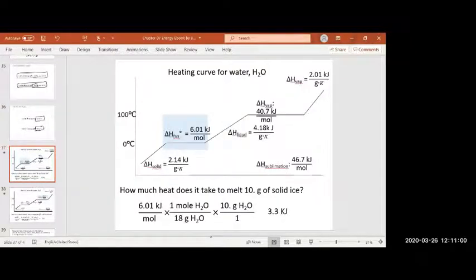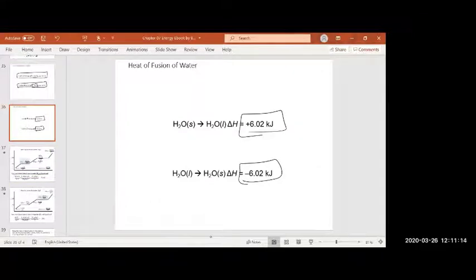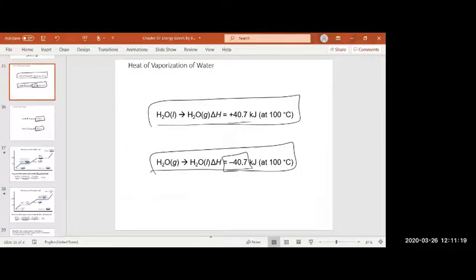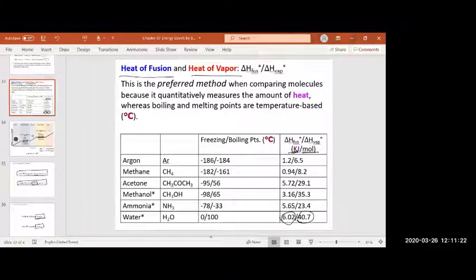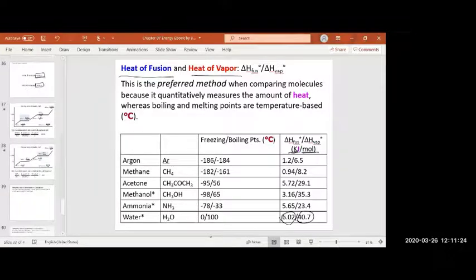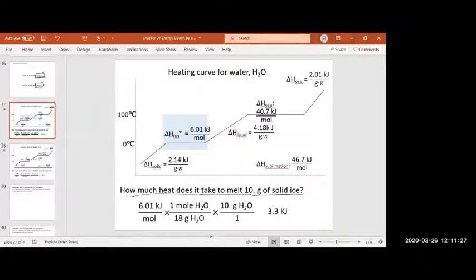Look here. How much heat does it take to melt 10 grams of solid ice? By the way, usually I will give you the delta H of fusion or vaporization. Sometimes if they don't give it to you, go back to this. So this is delta H fusion. This is the delta H vaporization, or also you can go back to this table if we have something other than water. But usually I will give these values to you on the exam, so you don't need to memorize them. Delta H fusion for H2O will be